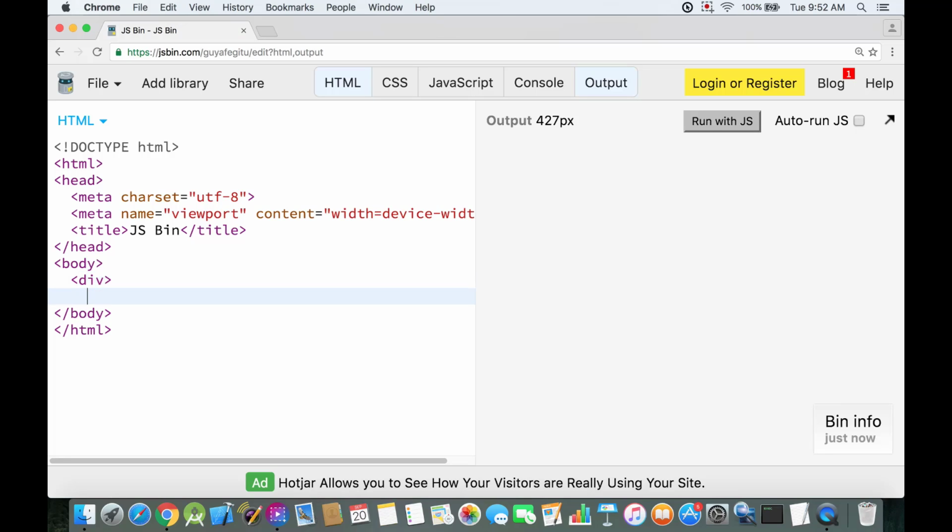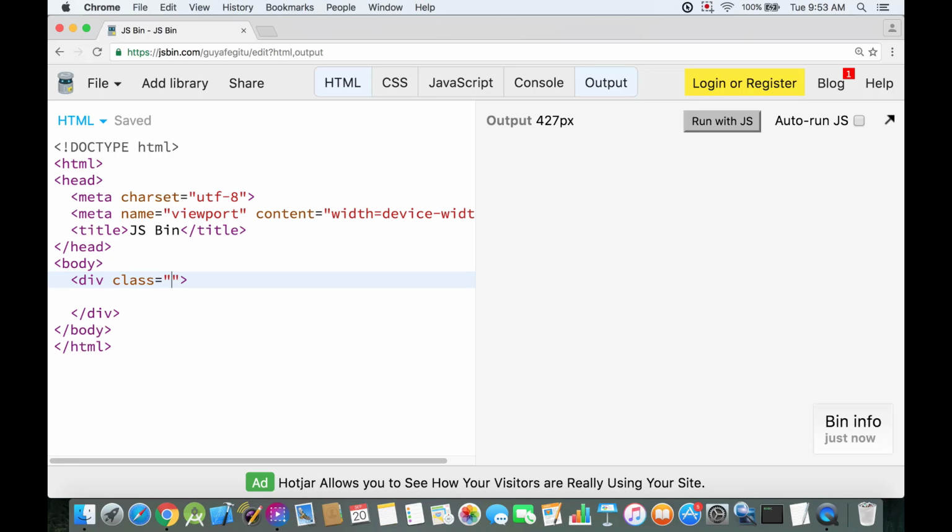So I'm going to make a div first of all. And if you're not aware what a div is, it's basically a blank container that you can put stuff into. So when we have a div, you can wrap it around anything, and it's useful for styling everything within that container. So what I'm going to do right now is, whenever you make a class, this is how it's done. I'm going to give this div a class,